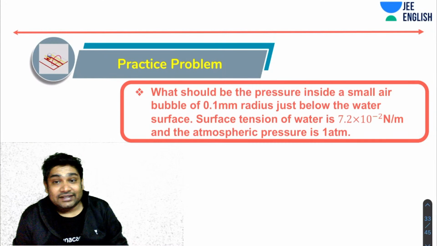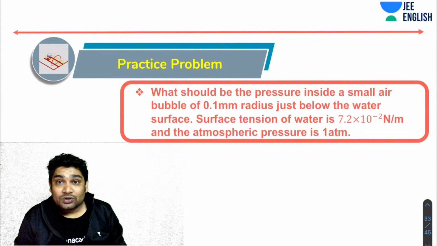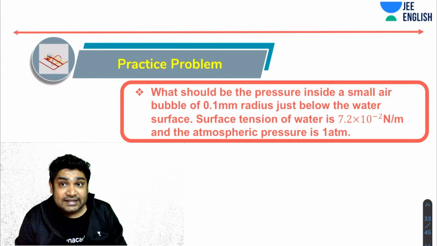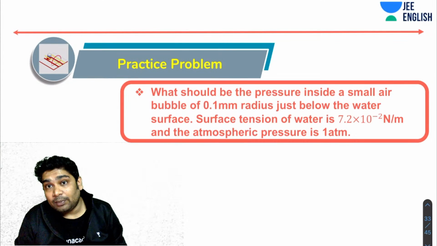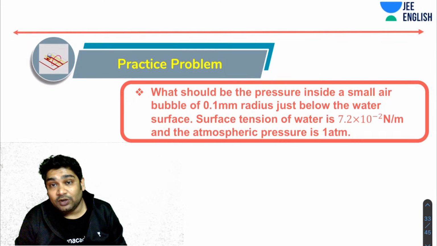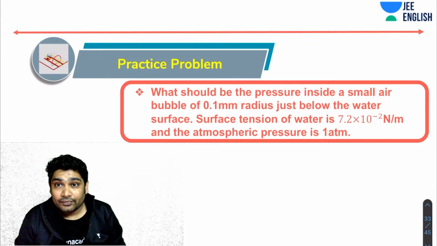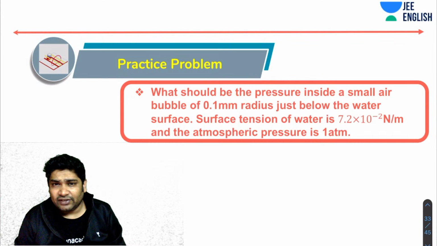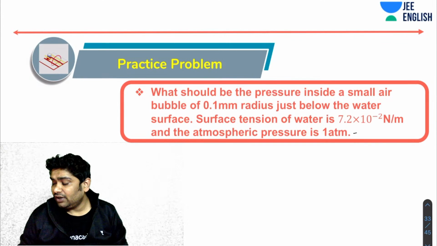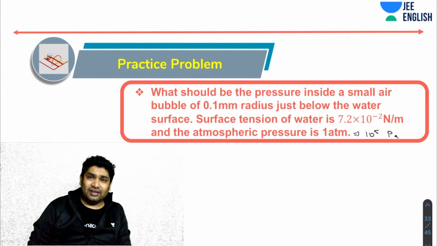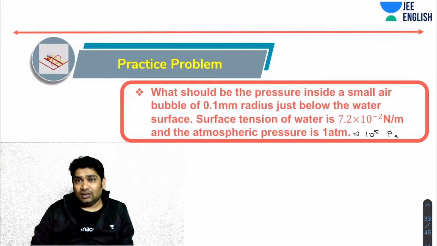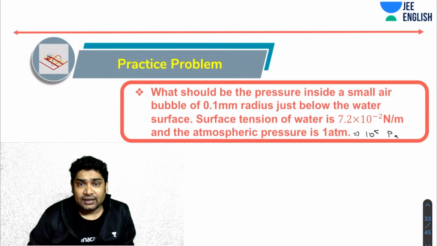नेक्स्ट एक और प्रॉब्लम ट्राई करते हैं, चलो अब इसका आंसर सब लोग दो। तो आपको बोला है व्हाट शुड बी द प्रेशर इनसाइड अ स्मॉल एयर बबल ऑफ 0.1 mm रेडियस जस्ट बिलो वाटर सरफेस, surface tension is this and the atmospheric pressure is 180 m। 180 m रफली कितना होता है, 180 m को 10⁵ पास्कल मान लो, रफली 1.1 इंटू 10⁵ पास्कल होता है ना।